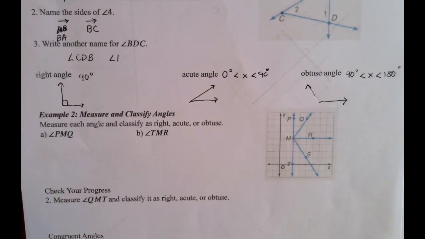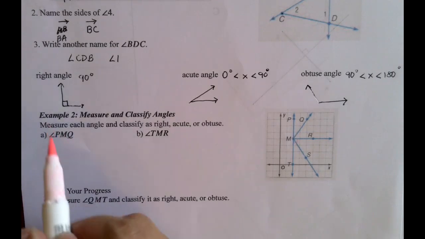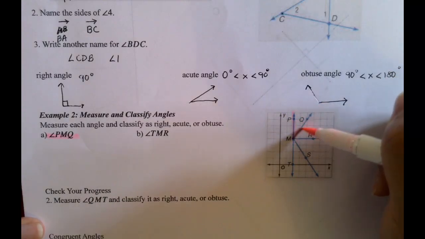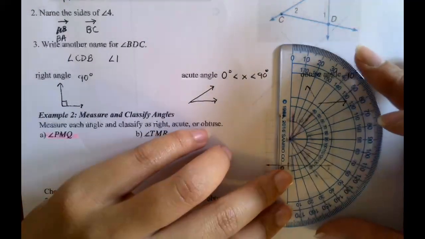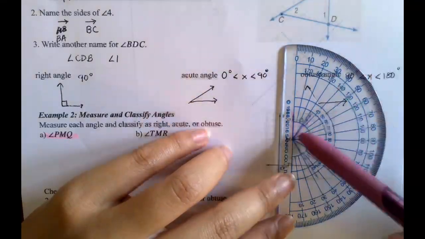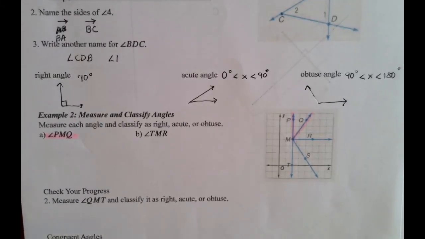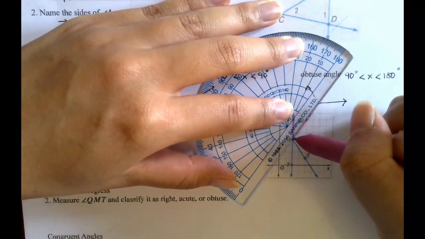Okay. So what we're going to do first when we're measuring angles. So here we want to measure the angle PMQ. So let me highlight that here for us. Angle PMQ is this one. Okay. What we're going to do first is we're going to extend the sides. The reason why is because, as you can see here, it doesn't go all the way to the little tick marks. Okay, and in order to get the most accurate reading, it would help if we extend it. So I'm going to extend one of the sides here